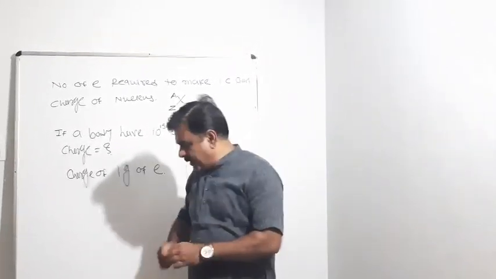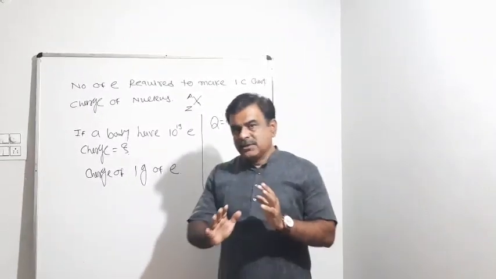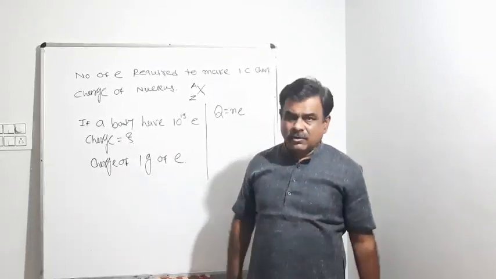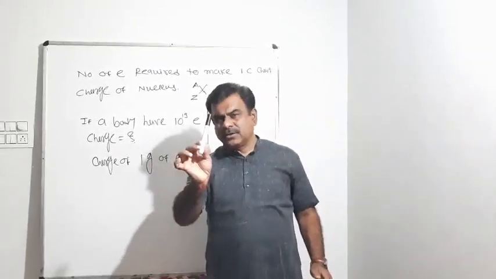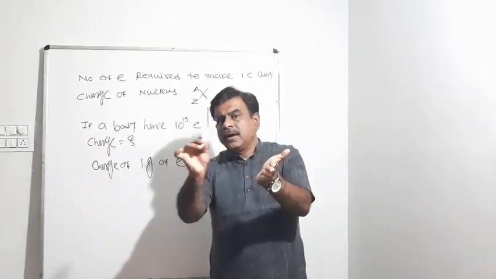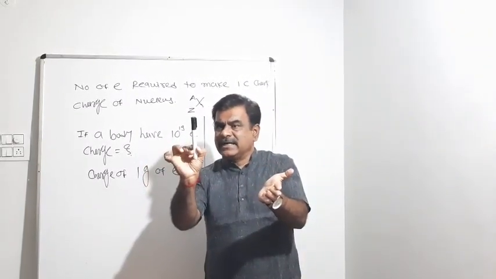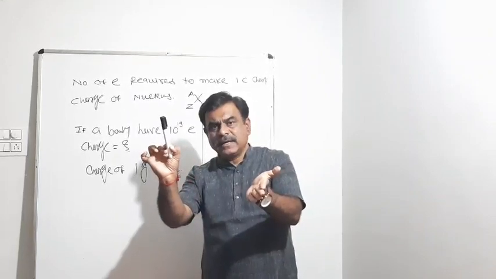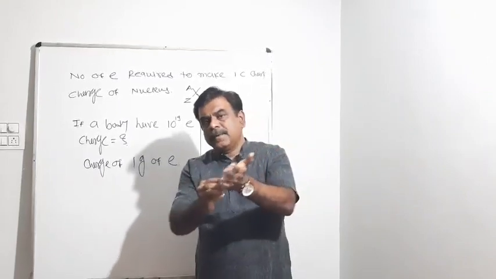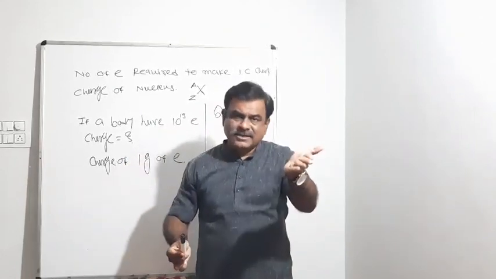Before I conclude this property, look, why is charge quantized? Because we can charge a body or discharge a body by transferring electrons. Like let's say this is a glass rod and a silk cloth, I am rubbing glass with silk. Glass rod, let's say, lost 50 electrons. Then what charge develops on it? Plus 50 e. On silk, minus 50 e. If the glass rod has lost 10 electrons, then the charge will be 10 e, and here minus 10 e.